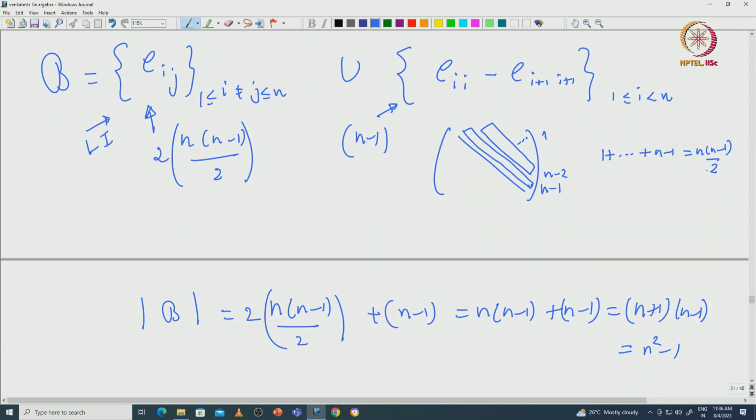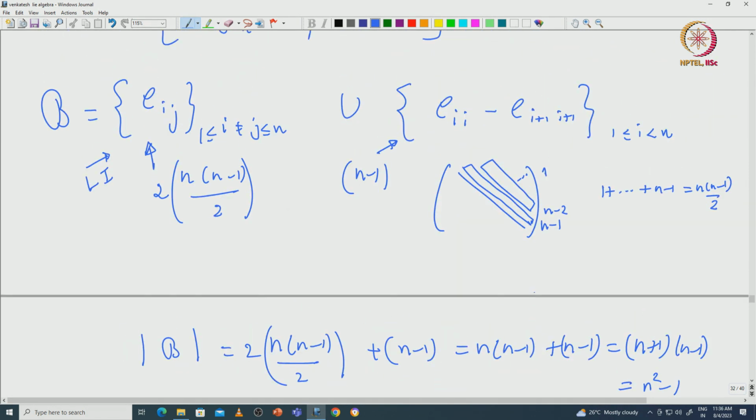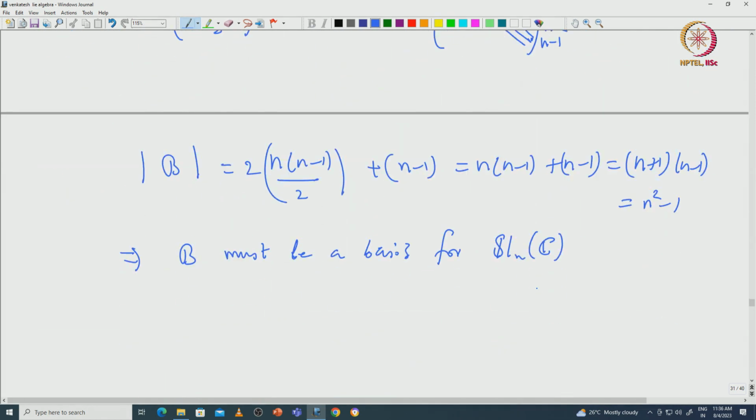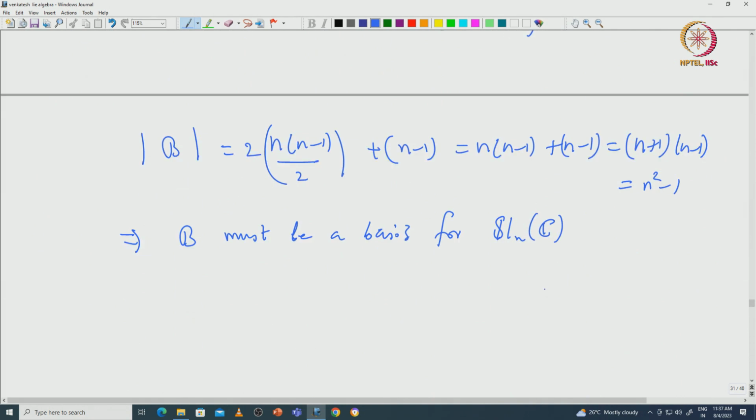So, putting it together, this B must be a basis for this SLN C. Okay. So, this is actually a standard basis coming from the standard basis of GLN C. This is what we always refer to as the standard basis. So, now if you take this basis and you want to compute the structure constants again, then